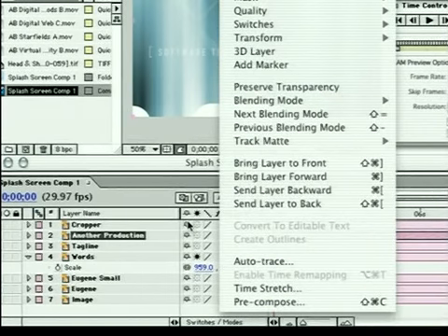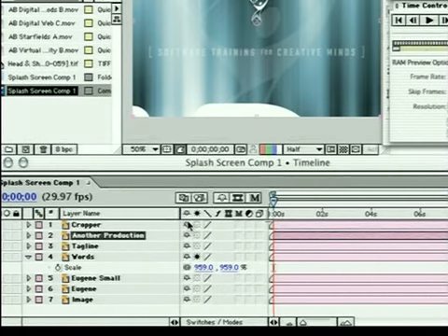So unfortunately, that cannot be done at this point. However, you can obviously still say edit original and jump back into Illustrator and make that change yourself. So it's just a little workflow thing there. So this pretty much deals with every type of import we have, from Photoshop files, Illustrator files, and sequences and